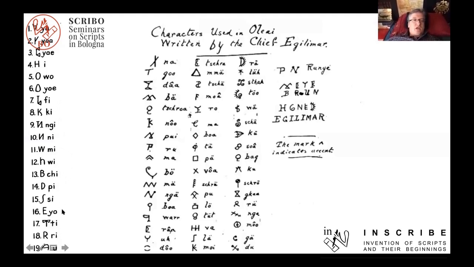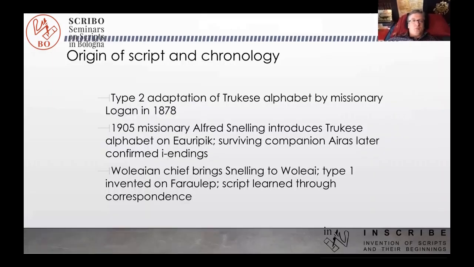They said, okay, this is great. Ti, ri. What do we write if we need an a? We need a different sign. And if you want to write an o, we need a different sign. So we're missing all these signs that have different vowels. So they started adding signs for those vowels. There are a few people who tried to write their names, for instance, with this script on the left, but it felt incomplete. So type 1, that is that extensive, more than 50 signs, was then invented on